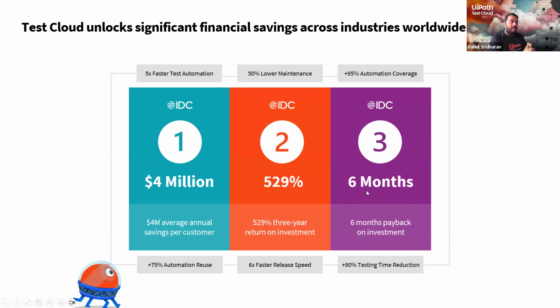It's a 5-6 pager report, or probably a 10 pager report. We will later maybe provide some links to it where you can get this report. It's a pretty interesting one. I recommend you go read it because it talks about what kind of savings each customer got from using UiPath